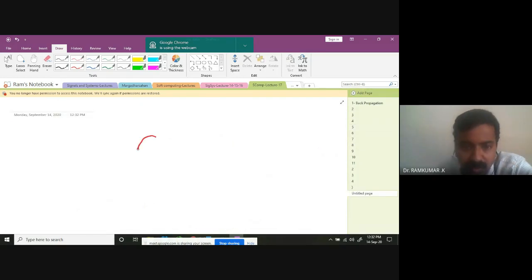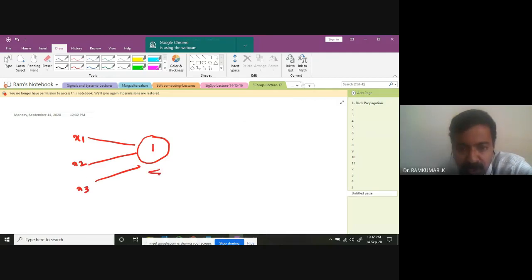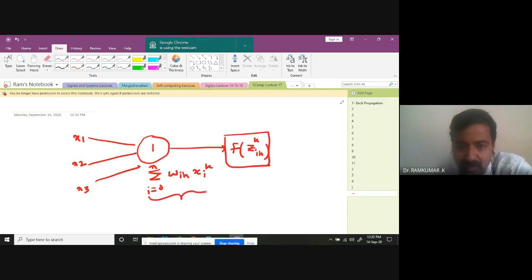So we have computed for the hidden neuron. One hidden neuron receives input from all input layers. And we have computed this summation, W_ih times X_i, with i varying from 0 to n, and you pass this to a function. That's the log sigmoidal function. Whatever value you have computed will be passed through this function. After computing, this is the output of one hidden neuron.